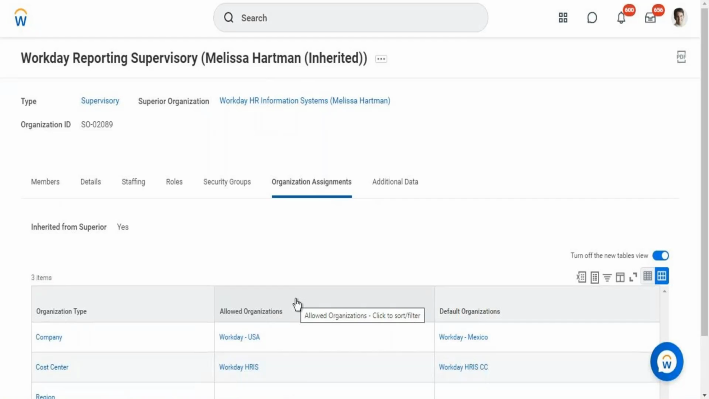Okay, so Google is currently in the US, and now it is extending its location to India. Now once it has extended to India, there will be a separate company created for India, and a separate cost center created for India for Google. Okay, so now